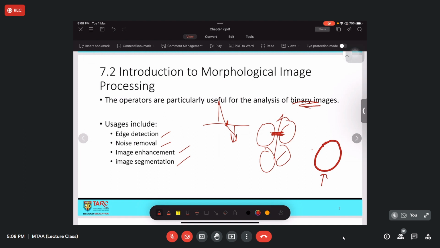But for the subsequent slides, we explain using binary because we want to know the backbone theory first, and later on we move towards grayscale, where the intensity is a bit different. For binary, we only have 0 and 1, which is black and white, but for grayscale, we have 0 to 255, which is 256 values.